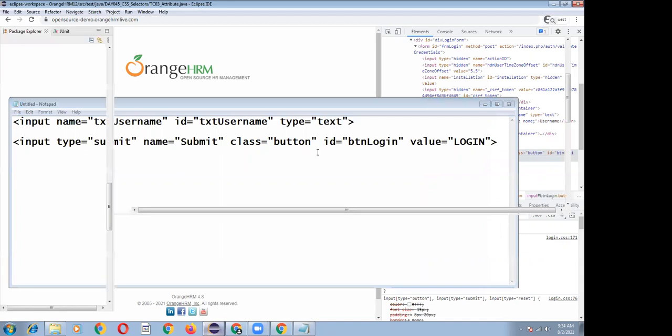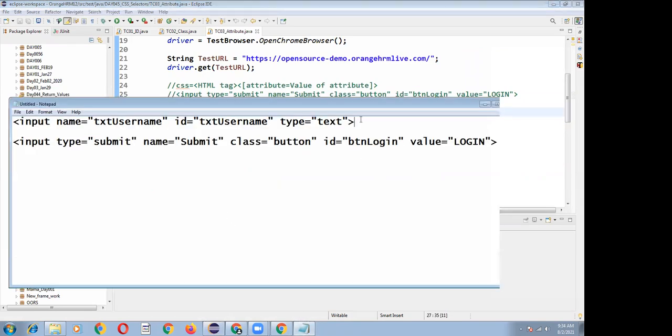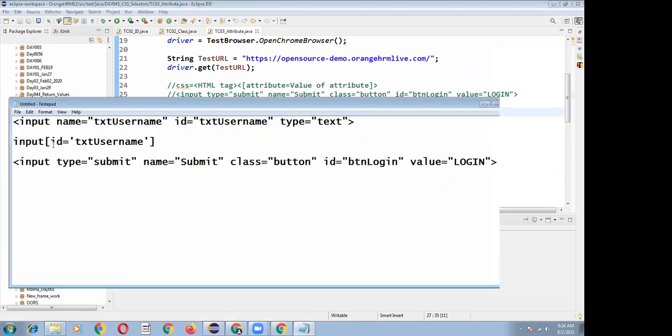And based on attributes also we can write the CSS selector. See, I'm writing the CSS selector: input, and within the square brackets we write whatever ID property is there. If you want to add one more property, you can take this one, Control C, and add one more square bracket like this.